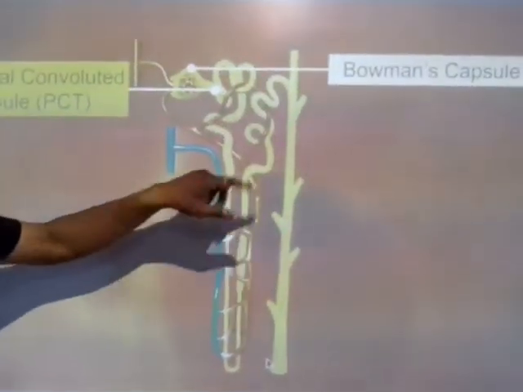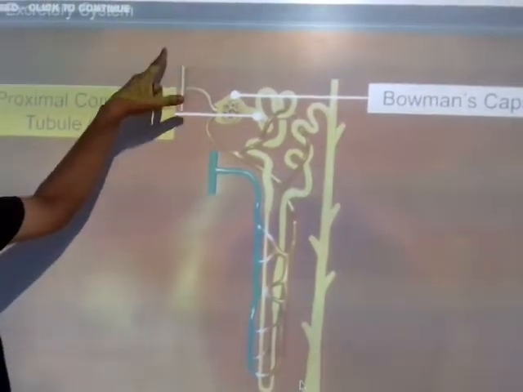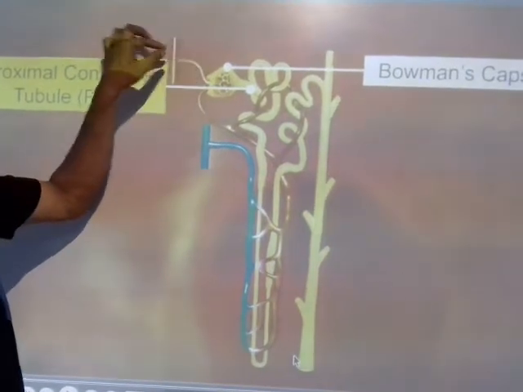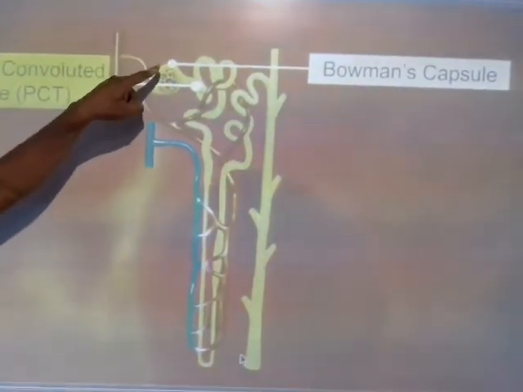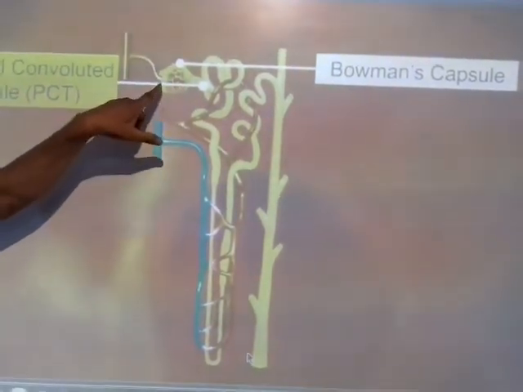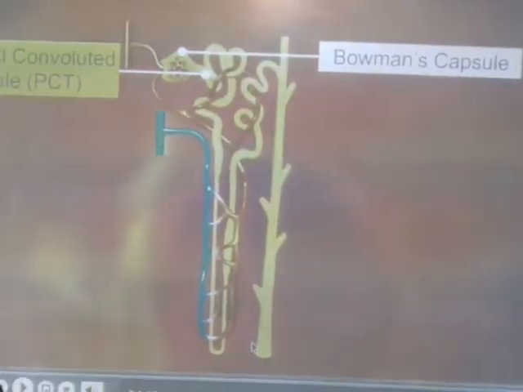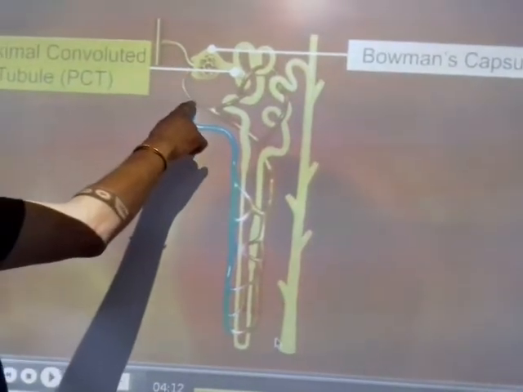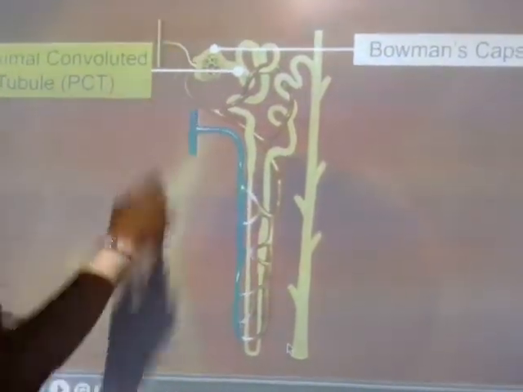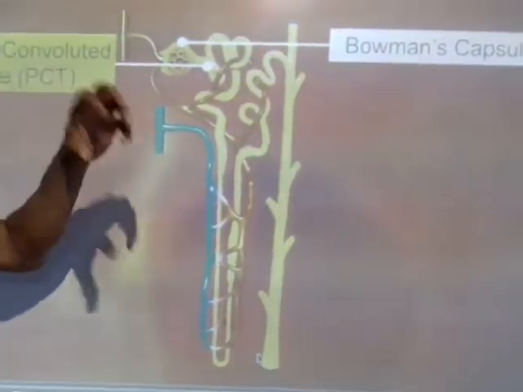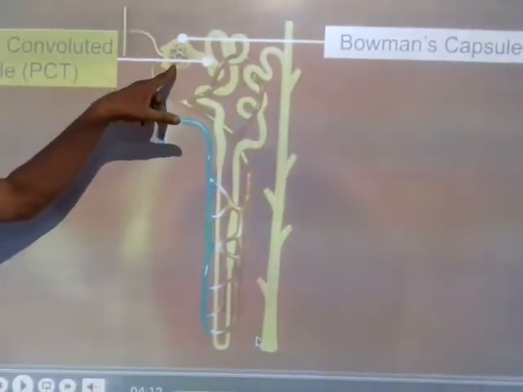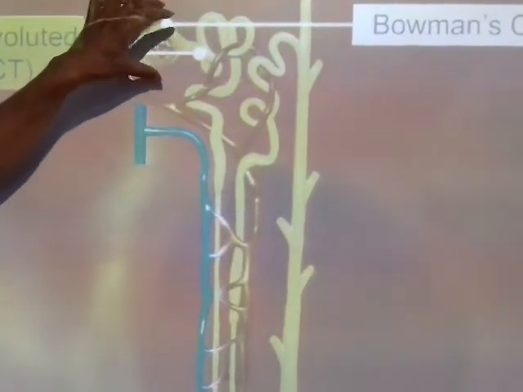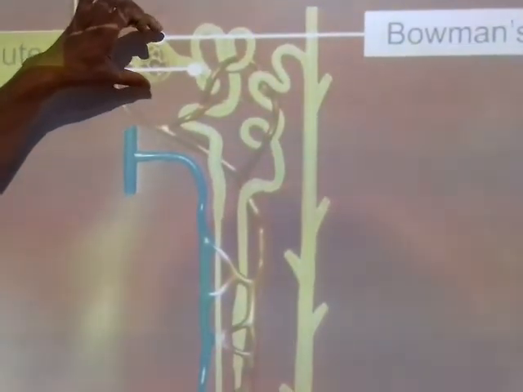This is the nephron, and you can see this is the branch of the renal artery, which we call the afferent arteriole, which enters into a capsule-like structure, and it comes out through a small vessel which is called the efferent arteriole. So the afferent arteriole and the efferent arteriole. Inside it forms a tuft of capillary, a knot-like structure inside this capsular structure, which is called the glomerulus.